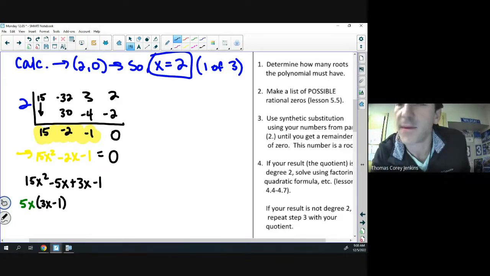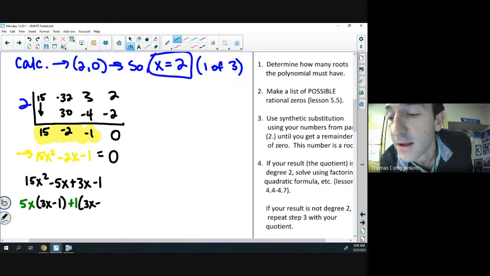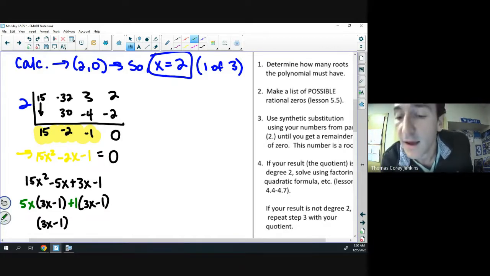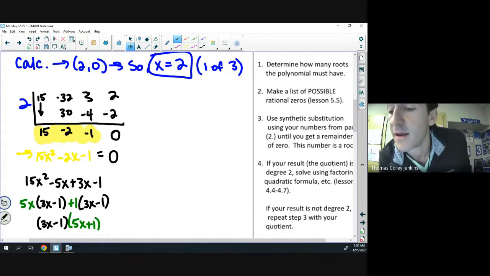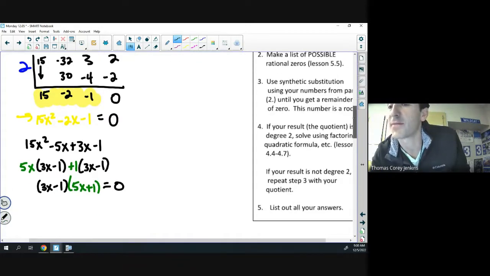And then out of the second pair, we couldn't pull anything. So plus 1 times 3x minus 1. And so my two factors are 3x minus 1 and 5x plus 1. And we could just use the zero product property to get our last two solutions, which are,